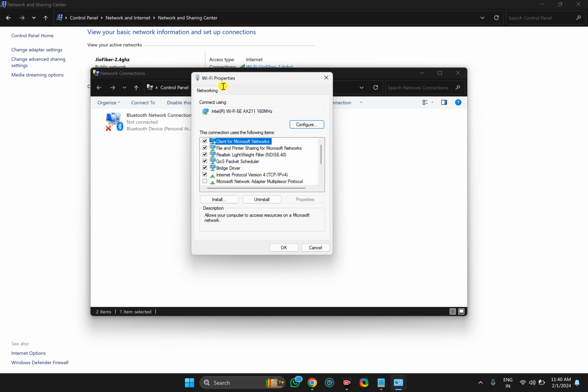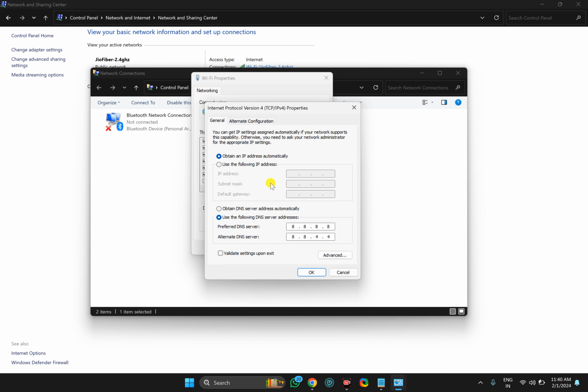In the Properties window, select Internet Protocol Version 4 TCP/IPv4. Then click on this Properties button. Then here select this one, use the following DNS server address. By default it will be like this. You need to select this option. Then here you can type your preferred DNS address